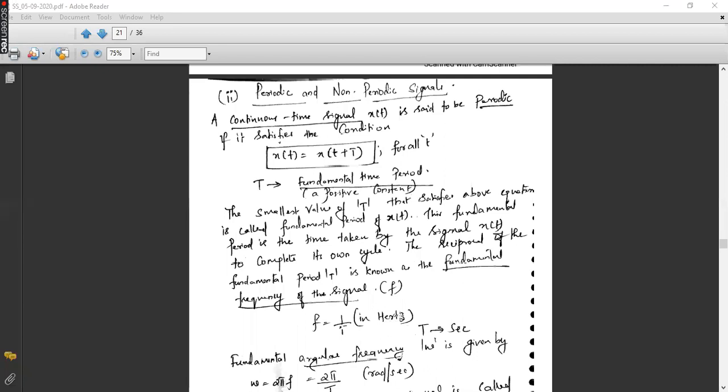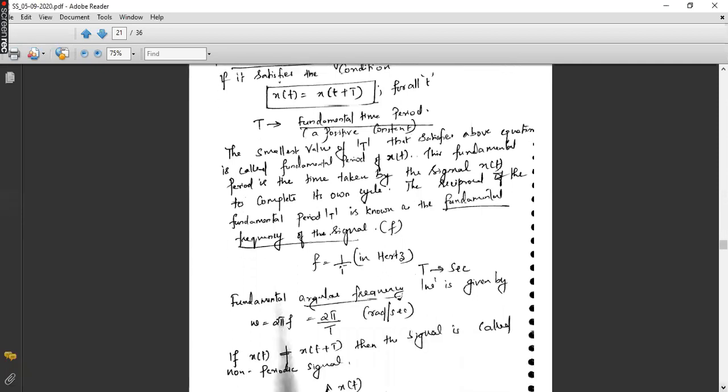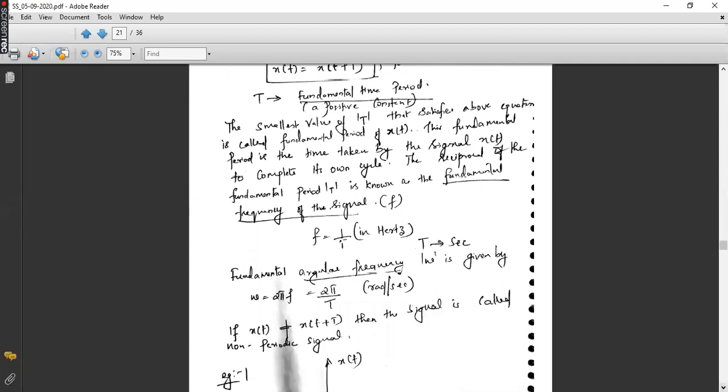That you know. What is frequency? Frequency is the number of cycles per second. So second inverse is nothing but hertz. 1 by second is nothing but your hertz. Now you have another parameter, that is angular frequency, which is represented by omega. This, and all you know, the fundamental physics: 2 pi f, which is equal to 2 pi by T. Instead of f, you can put 1 by T.